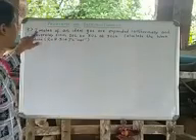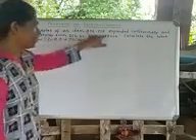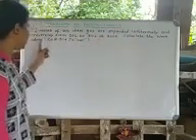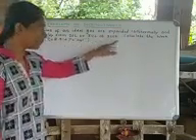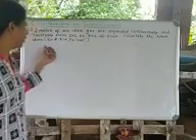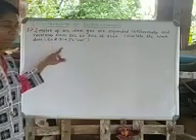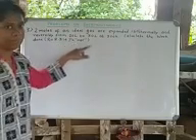Now see here, it is given: 2 moles of an ideal gas are expanded isothermally and reversibly from 20 liters to 30 liters at 300 Kelvin. We are supposed to calculate the work done. The R value is provided to you. R value is 8.314 joule K inverse mole inverse.